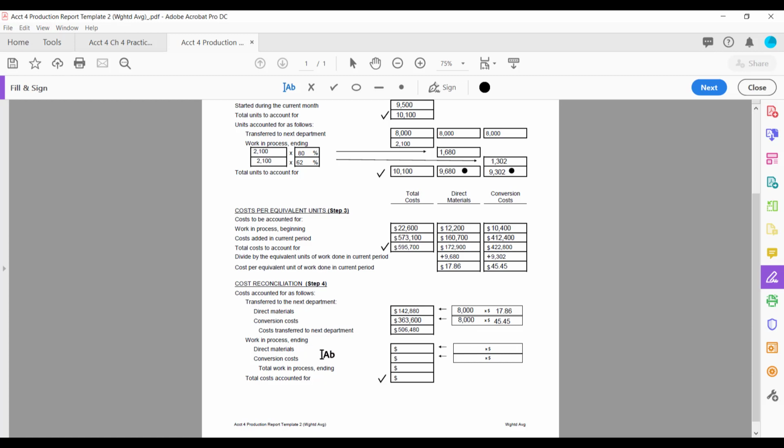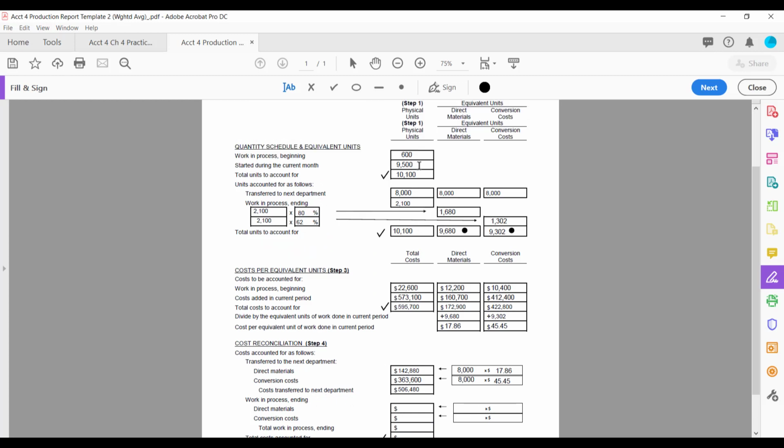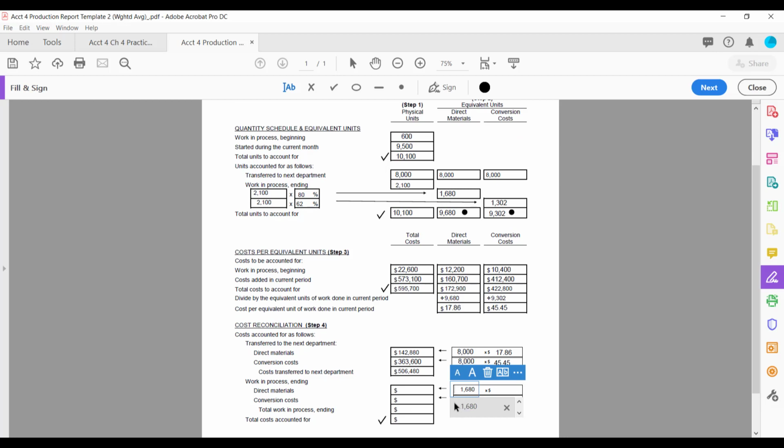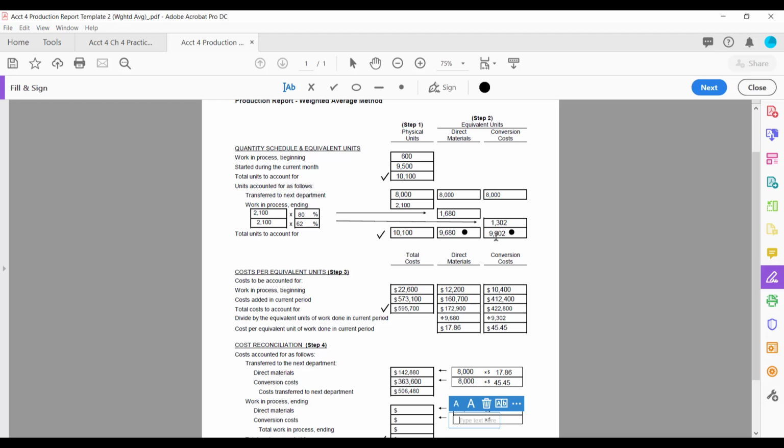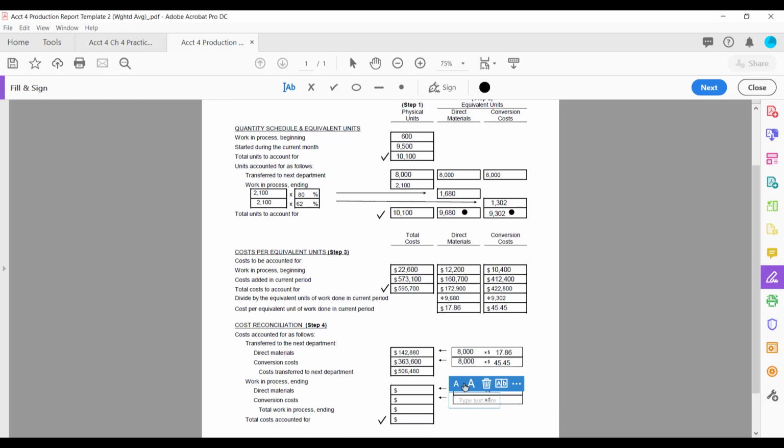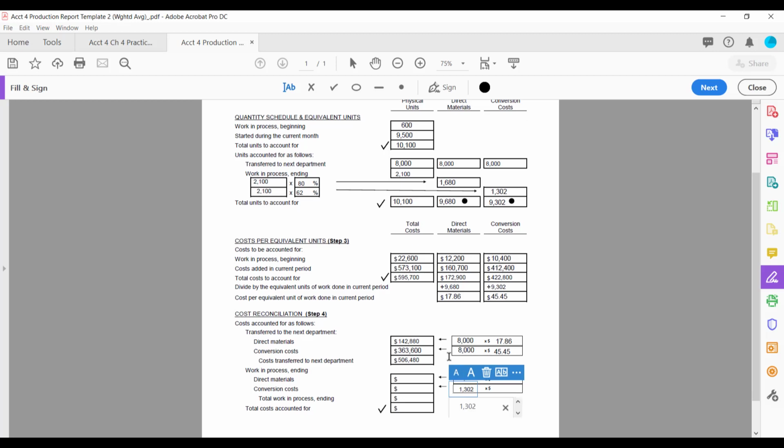Now we're going to do the same thing, but for work in process ending. With respect to direct materials, what was the equivalent units of production in terms of just ending inventory? Because we're looking at the ending inventory with respect to direct materials, the equivalent units in ending inventory is 1,680. And the equivalent units of production with respect to conversion costs in ending inventory is 1,302 equivalent units in ending